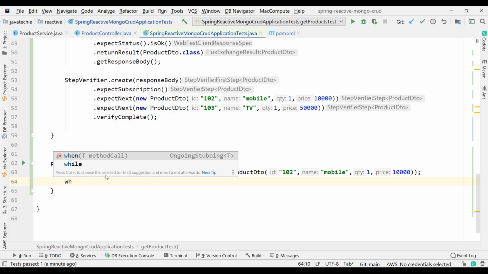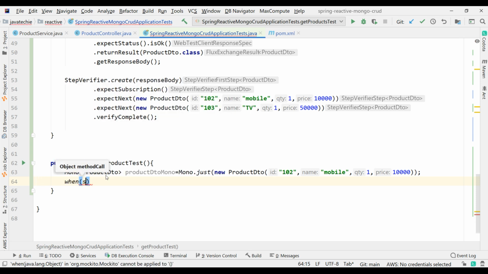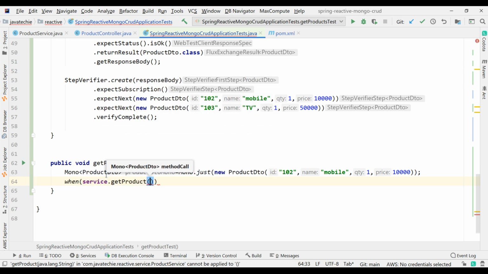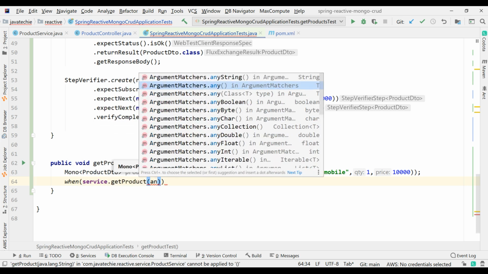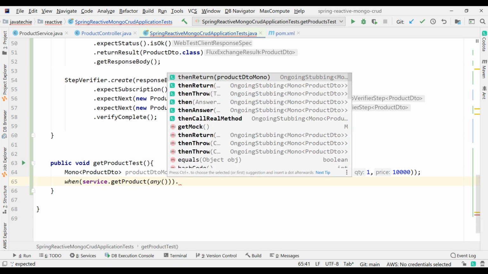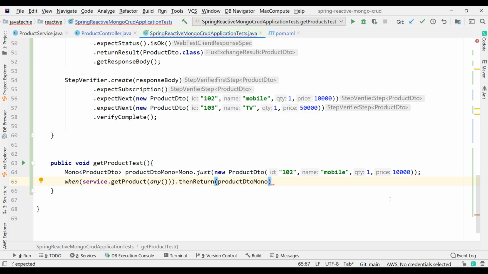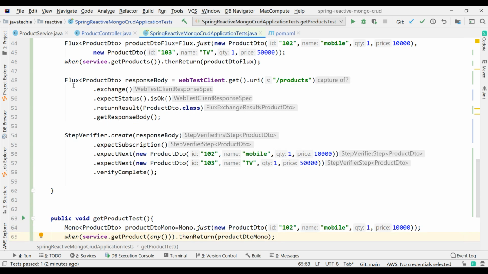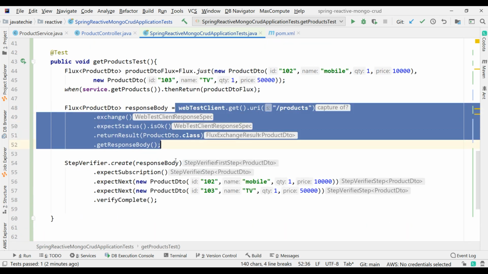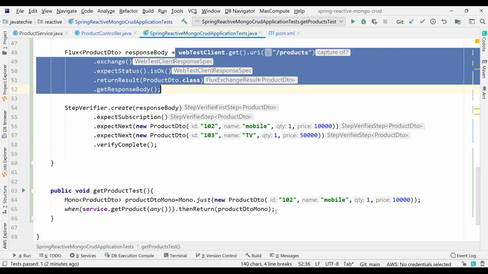So what I will do, I will just write a mock when I call the service dot get product by ID. So I can pass ID as any. When I call this service dot get product, then return me this object product DTO mono. Okay. Then I can copy the syntax. It will return me the mono of product object, right?